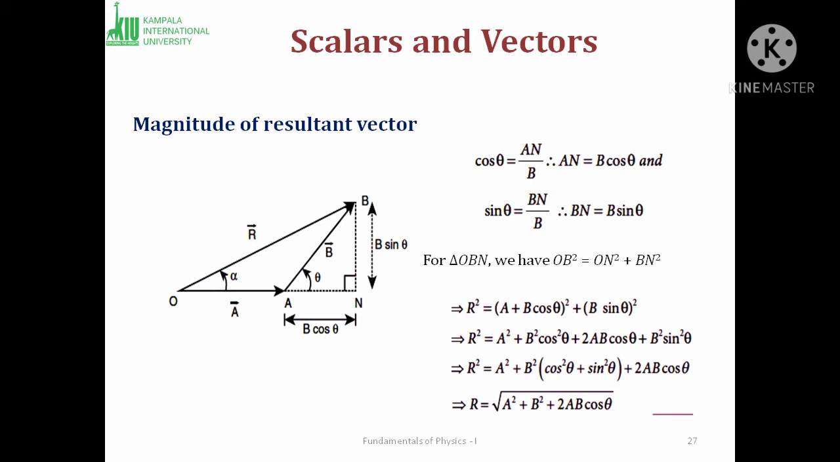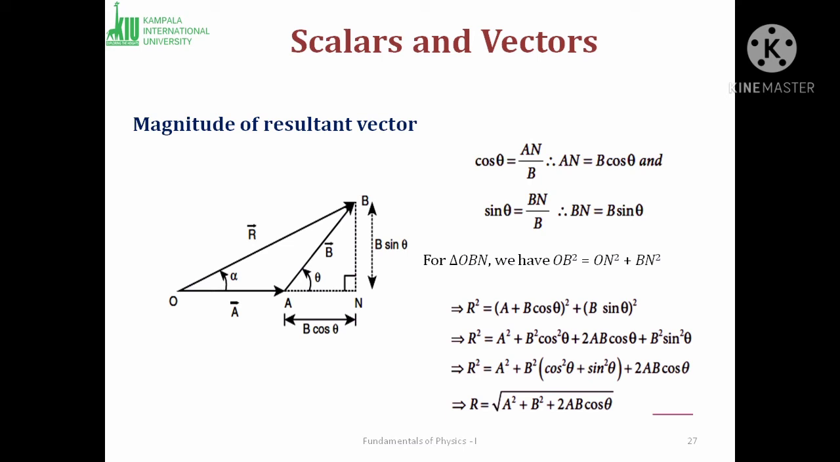Take this triangle BON. According to Pythagoras theorem, OB square is equal to ON square plus BN square. So here ON is equal to OA plus AN. Substitute this value. OB is equal to R. So OB square is equal to R square. This is equal to OA, that is A, plus AN, that is B cos theta, the whole square, plus BN, that is B sin theta, the whole square. So R square is equal to,